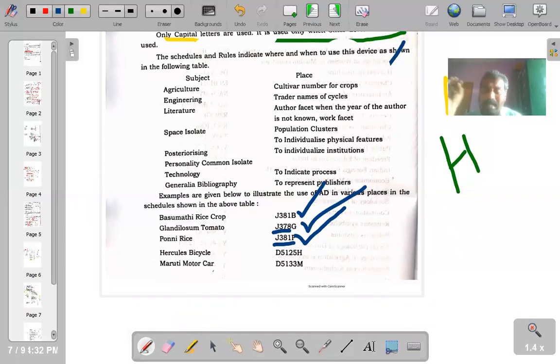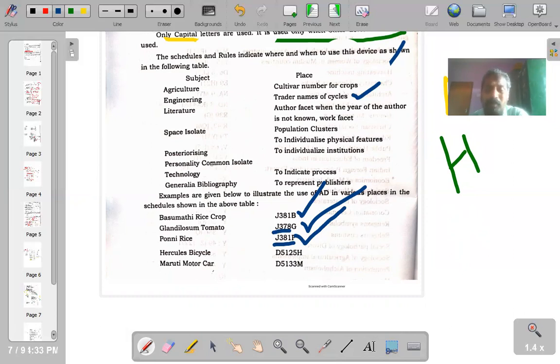So, when you are trying to give a number to specific varieties of rice or wheat or tomato or potato, something like apple, you can make use of alphabetical devices. Fine. Then comes engineering, trade names of cycles. Cycles or bicycles or cars or four-wheelers, anything. If you want to mention the